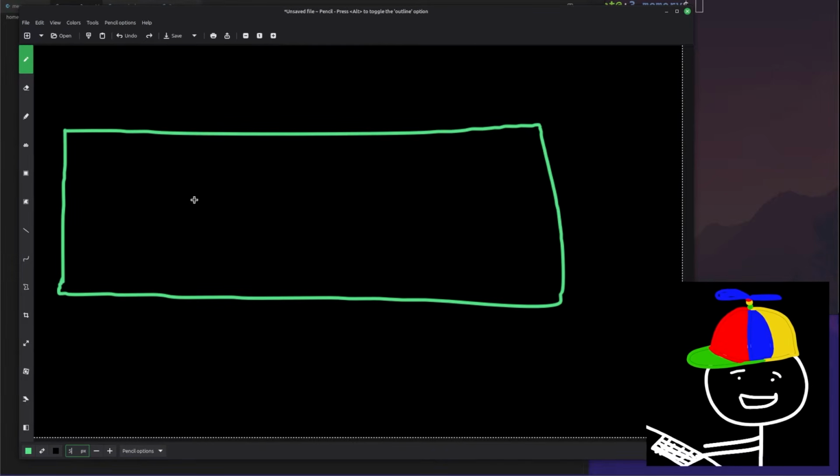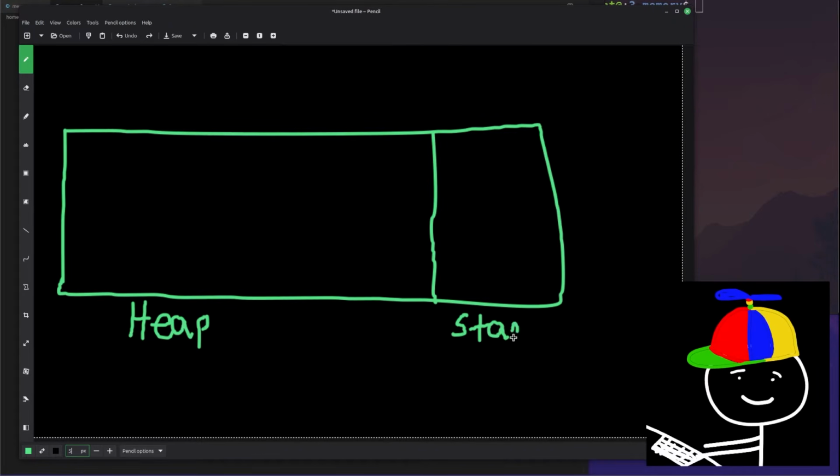So let's assume that this green box represents our memory, or our RAM, which is the memory that a program can use during its execution. The available memory is divided into different sections, but for now I'll just be talking about heap and stack. As we learned in the last episode, there's actually more memory available in the heap, and the stack is actually quite small.